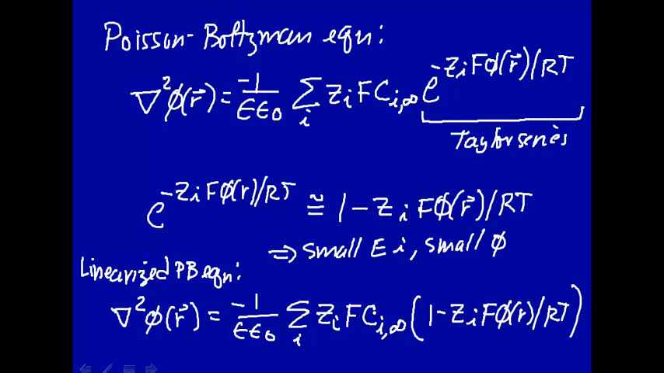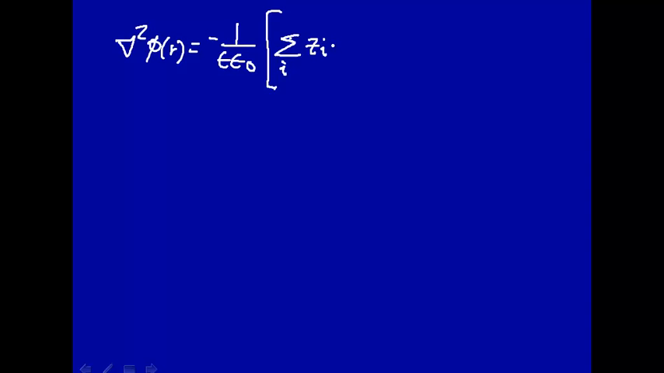All right. Well, let's clean this up a little bit. We can multiply this sum there and the sum there. So we'll rewrite the equation here: del squared phi(r) equals minus 1 over epsilon 0, and we're going to distribute that sum, so this will be the sum over all ions of the charge on the ion times the